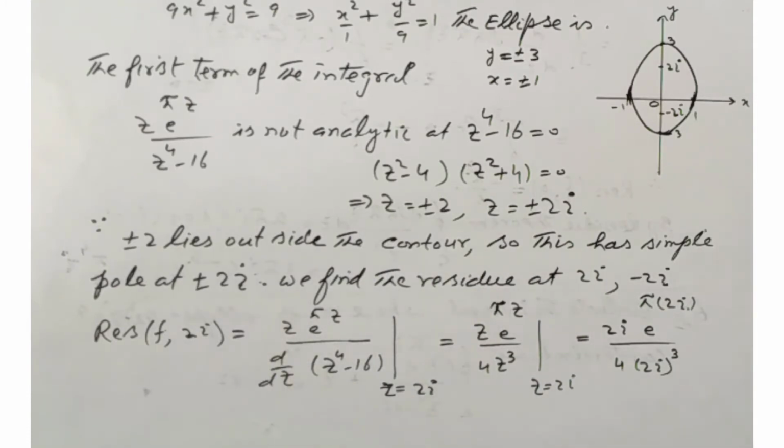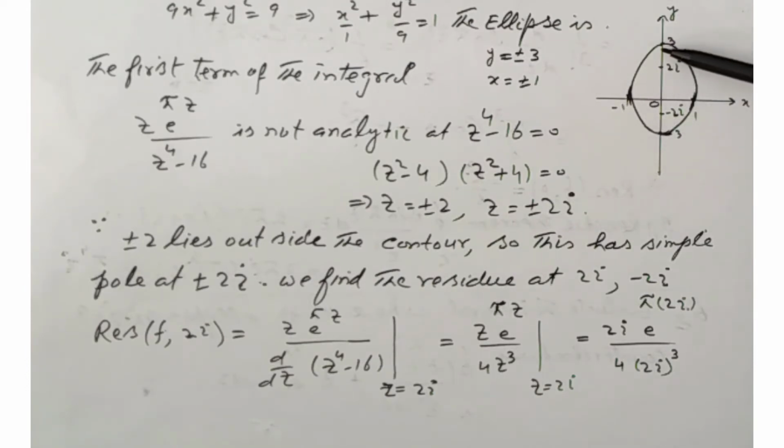So we see in this figure our axis endpoints are 1 and minus 1. So 2 lies outside our contour. Here it will be 2, here it will be minus 2. So 2 and minus 2 lie outside this ellipse. So we take outside these 2 points, only we take z equal to plus minus 2i. So here you see in the figure, here it is 2i and this is minus 2i.